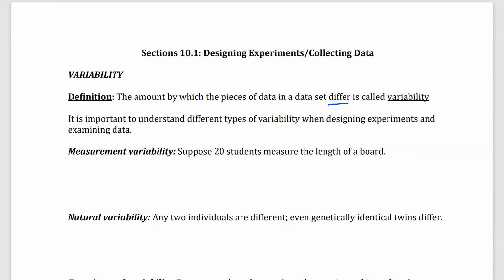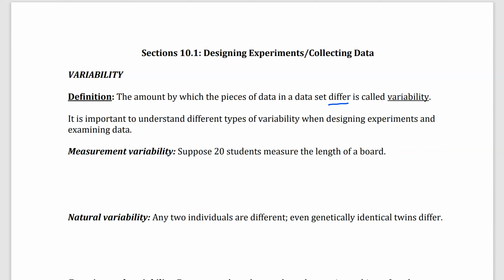It's important to understand the different types of variability when we're designing an experiment or examining any type of data. So let's look at the different types of variability, because some of them we may not even really think about